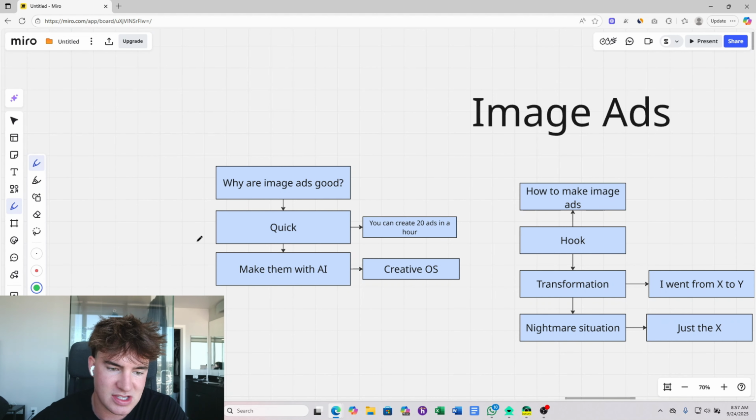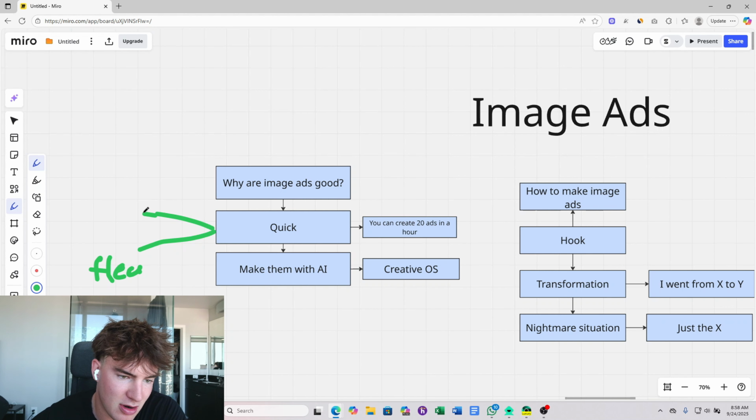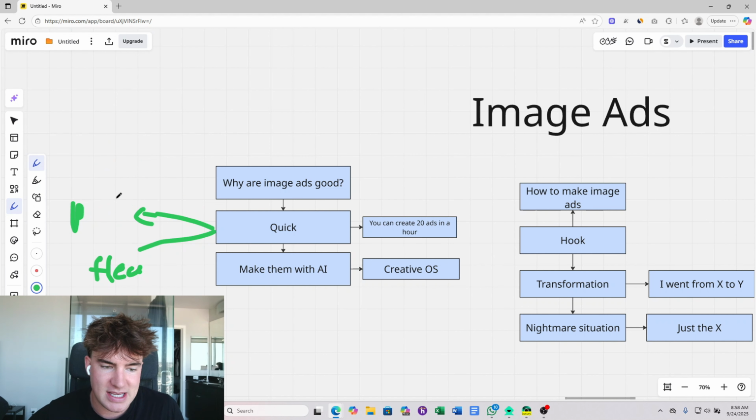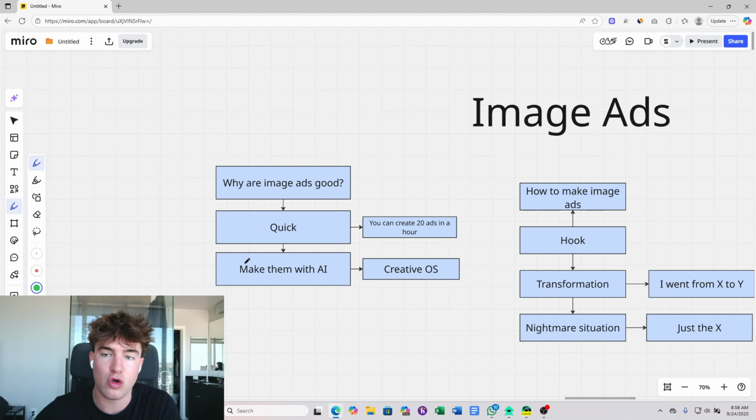Let's say you were running a pet supplement product. You could have a bunch of different angles. You could have an angle targeting fleas. You could also make another angle targeting licking their paws or something. And you could have another angle that's about irritation on their paws. Basically what I'm saying is that you guys can pump out so many angles so quick,